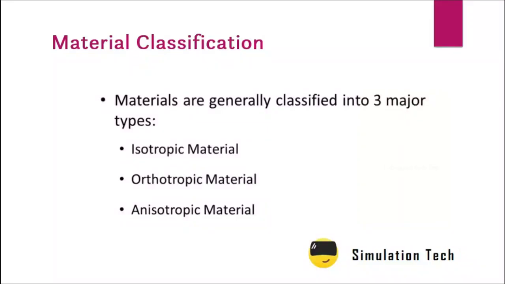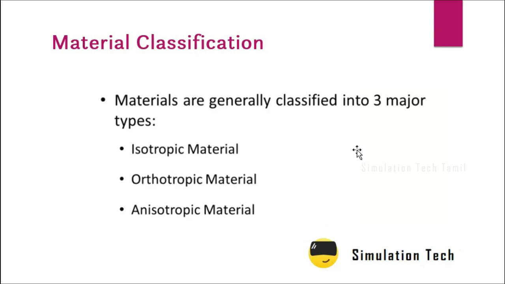Fine. So, material classification. Materials are basically classified into three major categories, namely isotropic, orthotropic and anisotropic materials. Probably you are already aware of isotropic and orthotropic materials. For most people, the anisotropic classification is quite new to see in our analysis. Mostly we talk about isotropic and orthotropic itself, but sometimes we need to discuss anisotropic materials also.